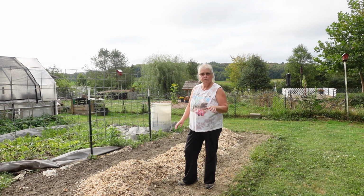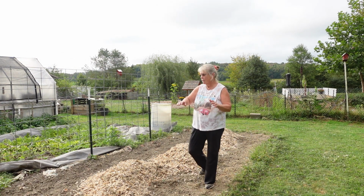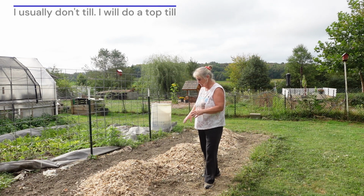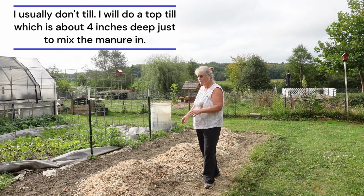This is how I prepare for fall in my garden. As we start clearing out all the dead stuff and everything, my dad did till this part right here. I usually don't do a no-till, but because this is new, I want to start building the soil